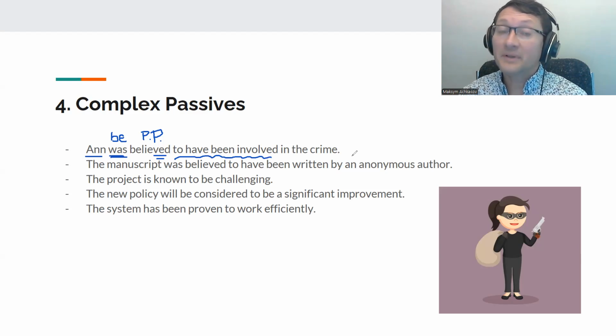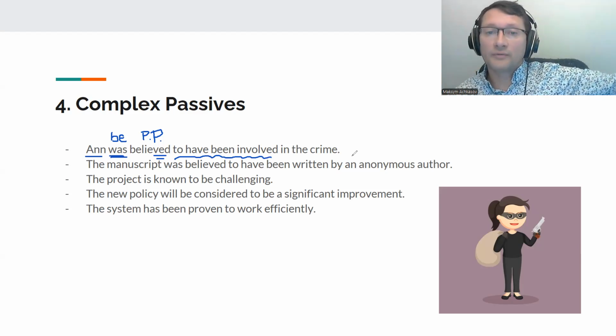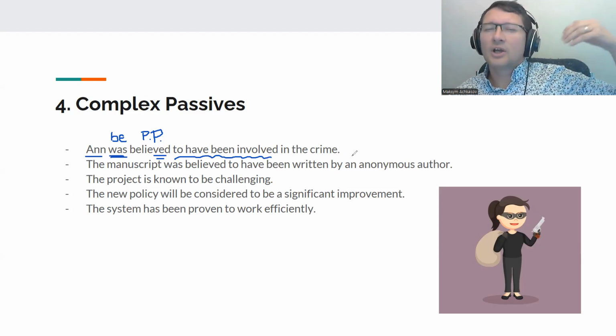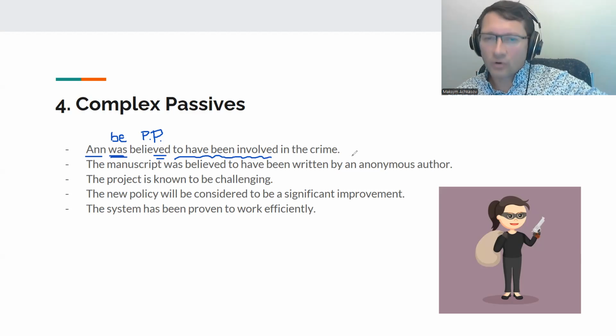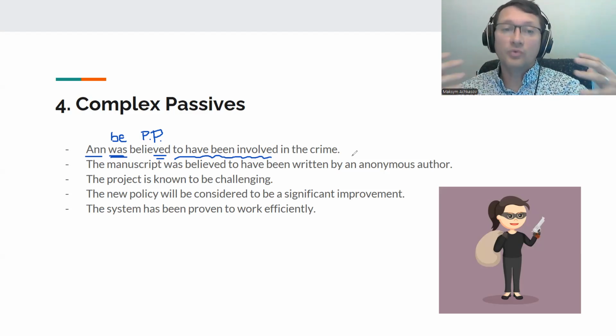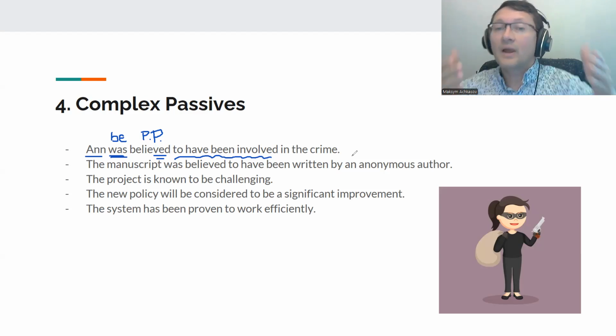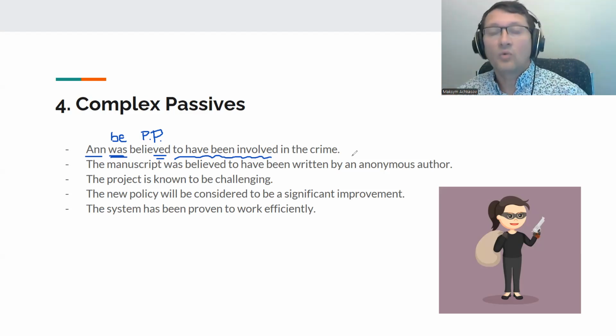So Anne was believed, so that is already past simple, passive, and then we have to have been involved. So she was thought to have been involved in the crime. Okay, so when we want to speak about something that happened in the past, and we have already used past simple to speak about the event in the past, then we use the structure to have